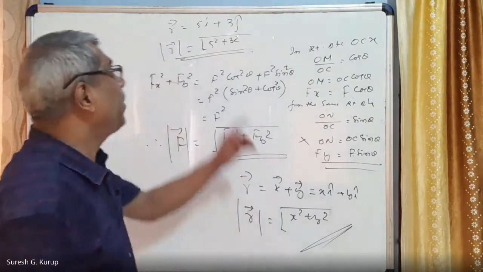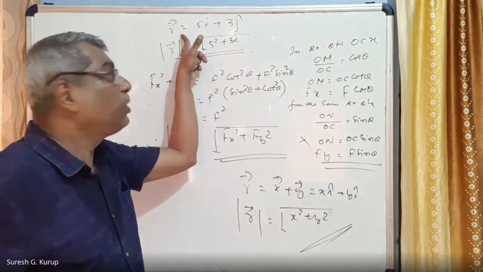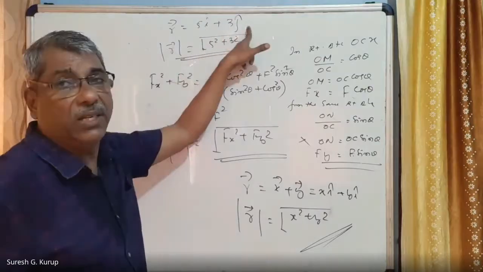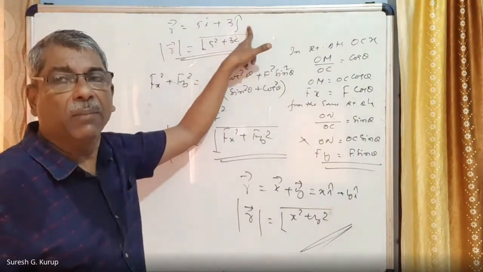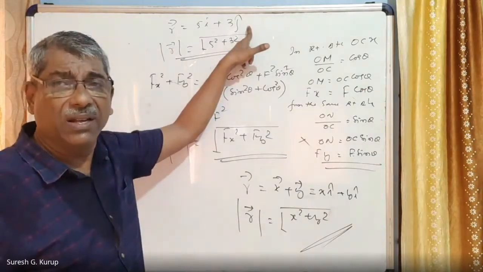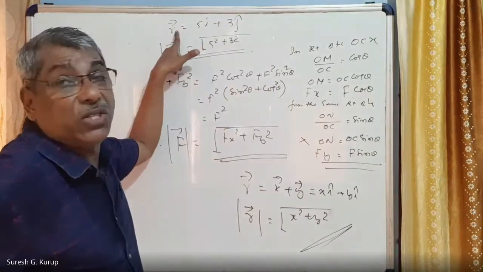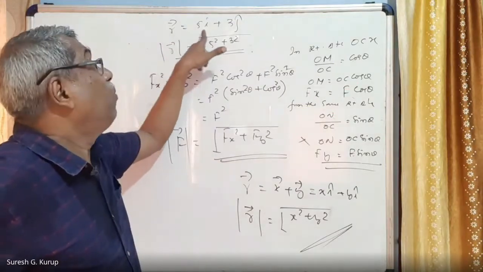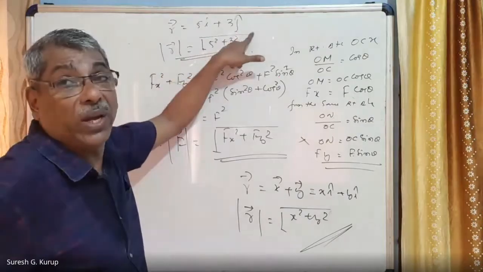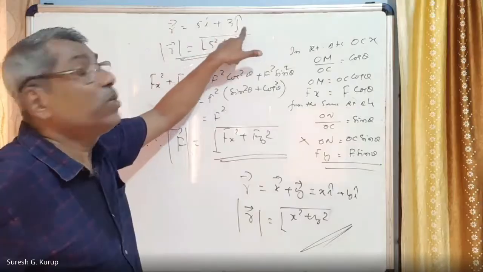Suppose the position vector r of a cow, which is fixed at a point in the ground, is given by vector r is equal to 5i plus 3j, because that position vector is a two-dimensional vector, right? Then it must have two components. The vector r is equal to 5i plus 3j, vector x plus vector y. In this case, vector x is equal to 5i and vector y is equal to 3j.